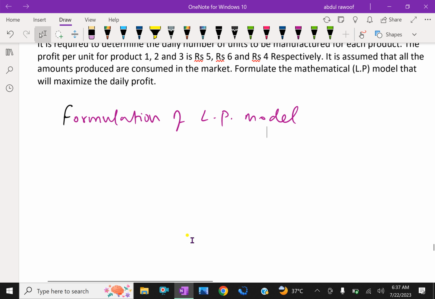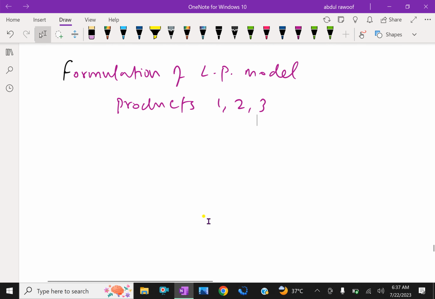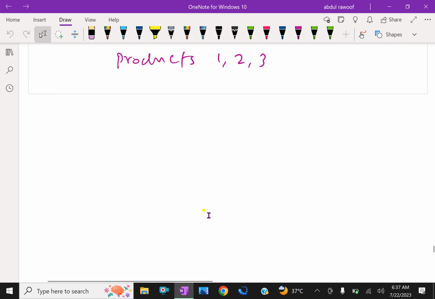From the study of the situation, find the key decision to be made. In the given situation, the key decision is to decide the extent of products 1 to 3, as the extents are permitted to vary. That is, products 1, 2, and 3. Next, assume symbols for the variable quantities noticed in step 1. Let the amounts of products 1, 2, 3 manufactured daily be